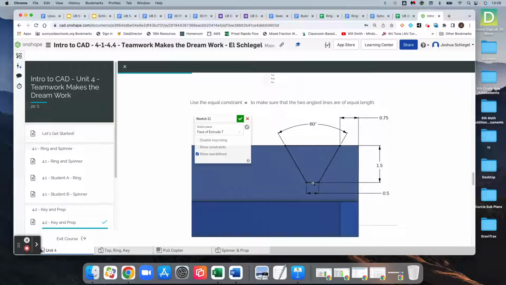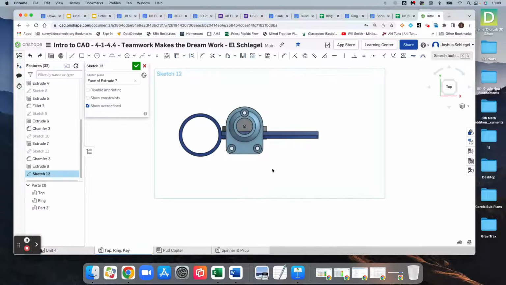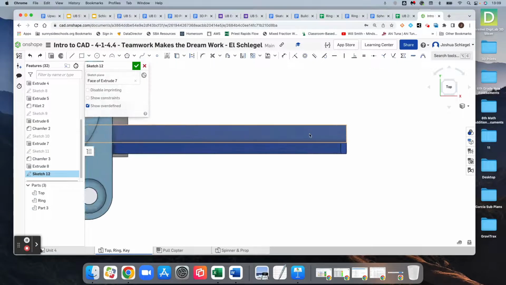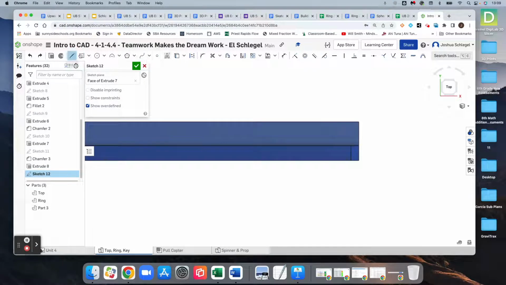Another thing to notice is that this horizontal line right here is above this line. Do not constrain this horizontal line to this line. So we'll go ahead and get started by making just some random line kind of angled down like this on our thing here. So we'll come close to the end. We'll get a line. We'll constrain it to this edge, bring it down somewhere at an angle, and let it go. Next, we'll make another line